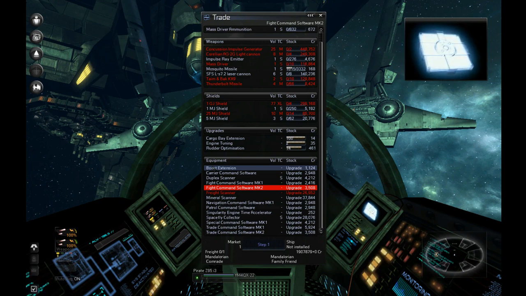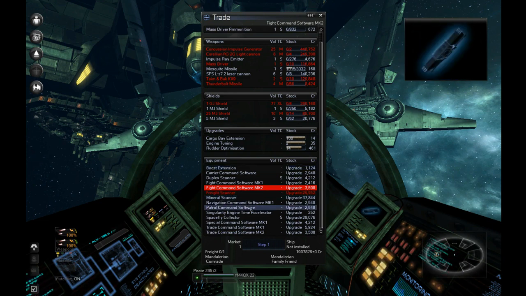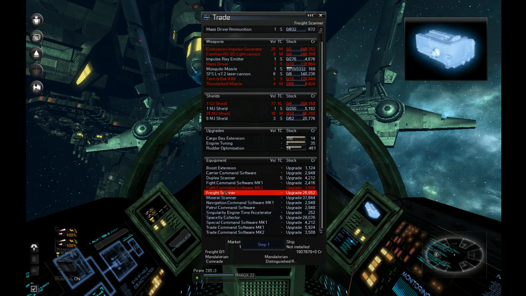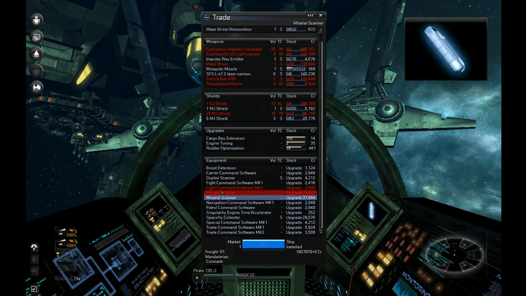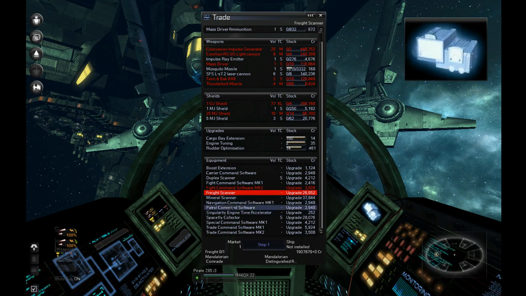your reputation level with that race will go up in a positive way. So that's the way you build up those relationships. And again, it is so important because, like right now, I can't buy a freight scanner. If I want to scan what's on ships, if I want to try to be a pirate,